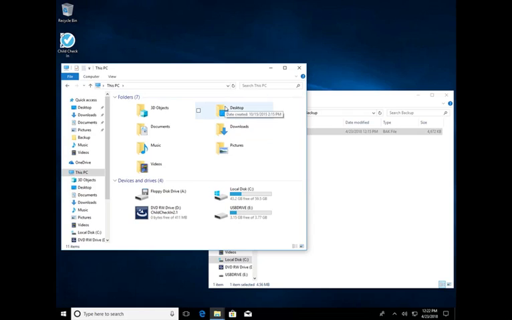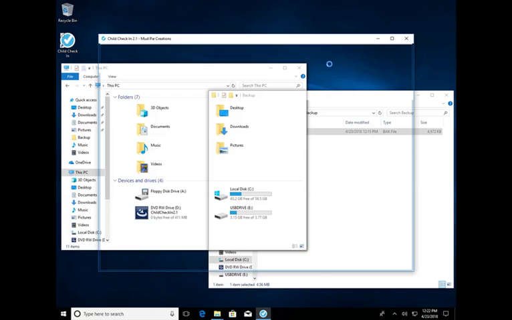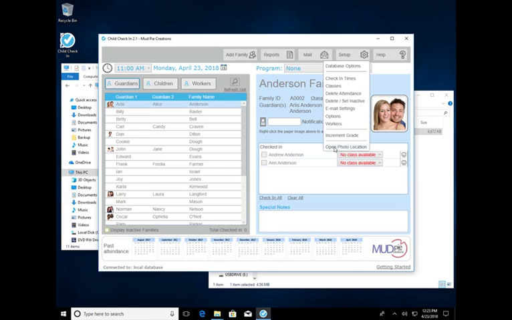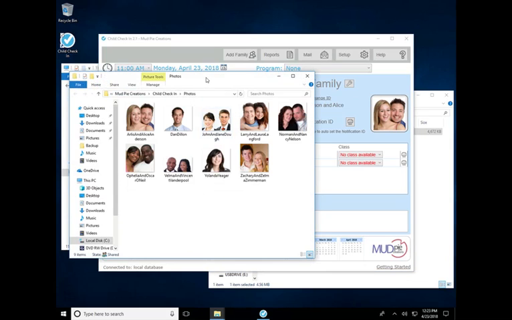Okay, so that file contains all of the family and children and worker and check-in information. But there are also photos of the guardians or children that you'll also want to back up. So if we go back into the child check-in app, and we're going to choose the setup button, and then the very last option is open photo location. So if I click on that, that will launch another file explorer window at the location of all of the